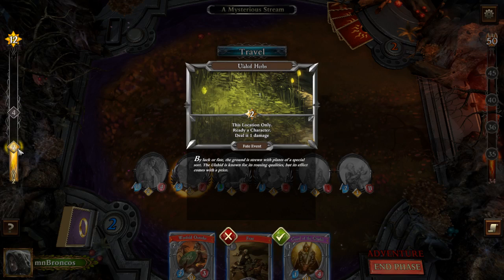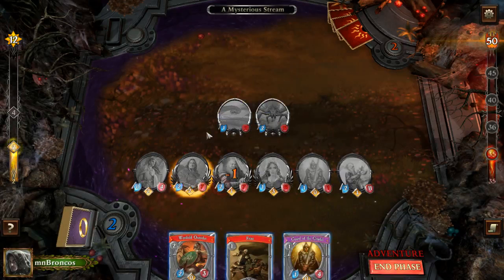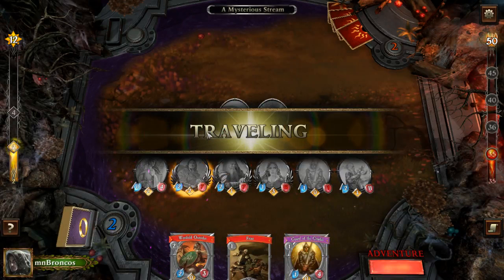What's our level 2 thing? Nope, this is nothing for us right now, so we will travel. So we did get up to 35 threats, so we will have 2 more spiders once we get to this